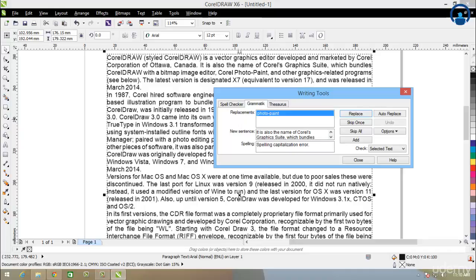If it finds a solution for that grammatical mistake, that solution will appear here. Okay, now this is the alternate, this is the correction of that sentence. Okay, if you want to replace that entire sentence with this new sentence, you can simply click on replace. If you want to skip, and if you want to skip the entire document, you can skip the entire document